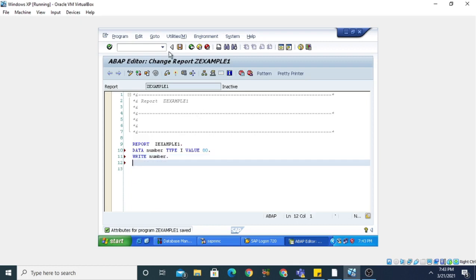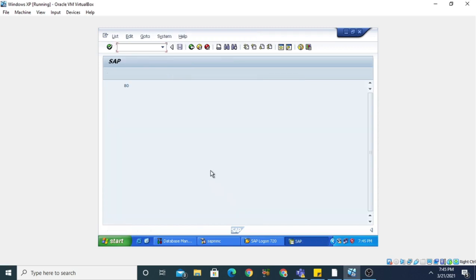Now when we save it, check for the errors and execute the program, you will see it will print the number value, which is 80, onto the screen. Activate it and then execute it. So you can see that this is 80.